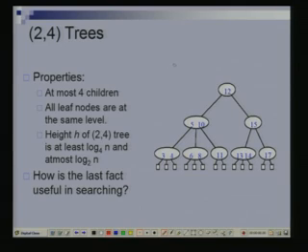Why 3 log n? He is asking me why did I say 3 log n? Well, when I am searching, I start at the root, and then whatever key I have, I compare it with the keys in a node. Here this node has only one key, but it could have had 3 keys in it. Then I have to compare against each of those 3 keys to determine which branch to take out of that node. If it has 3 keys, then there are 4 different branches. Which should I take? To determine that, I need to make 3 comparisons.